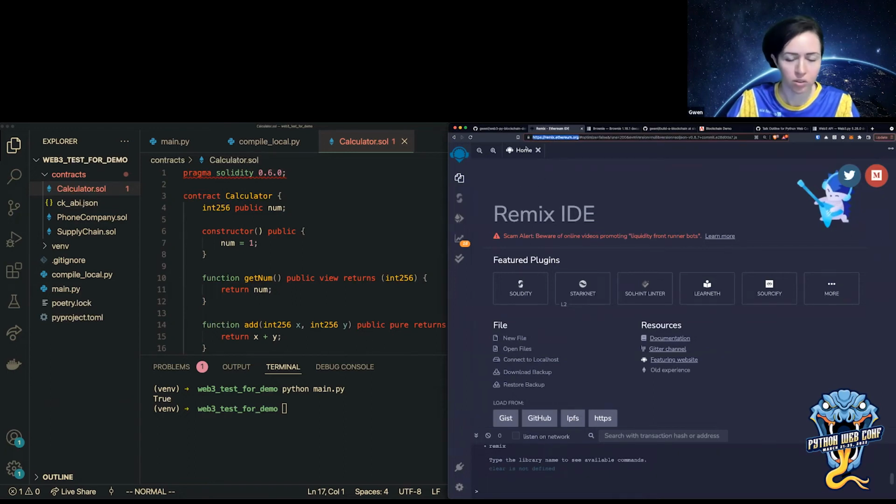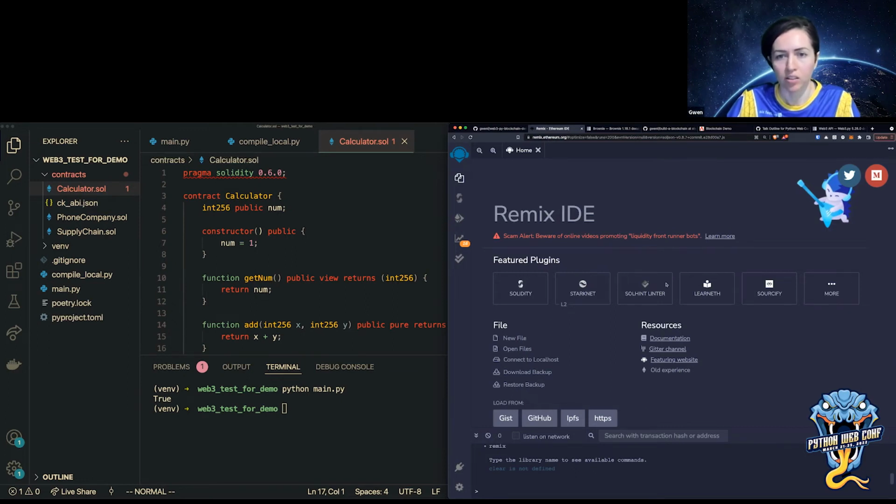So if you go to the site, please make sure you go to the correct site, because there are apparently a lot of fake sites that try to have a similar name. You need to go to remix.ethereum.org. I think they even buy sites like .com or .something else. But yeah, that's the official website.